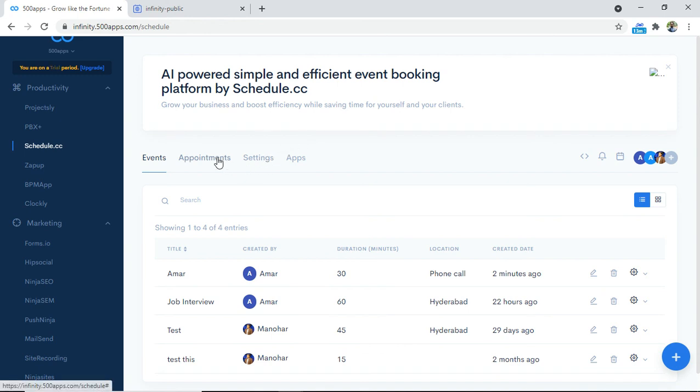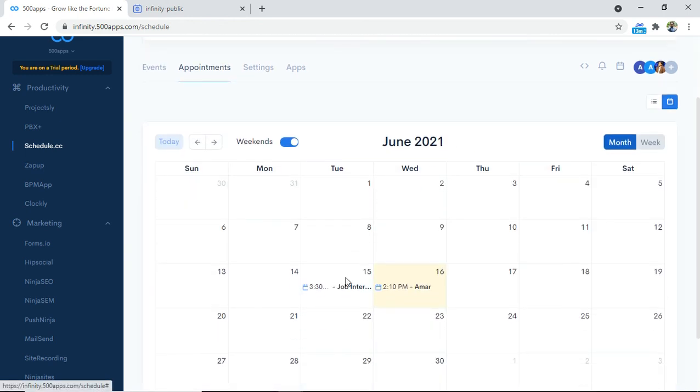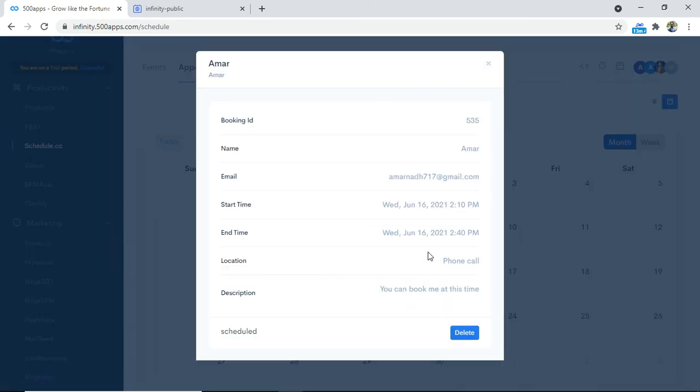Now you can see here, I have an appointment on June 16th, 2:10 p.m. Booking ID is 535, name Amar, email ID, start time is this one, end time is this one, location, description, and everything. So I've got a 30 minute appointment, 2:10 to 2:40.